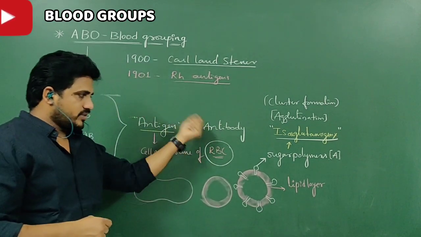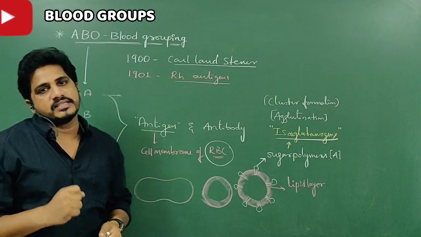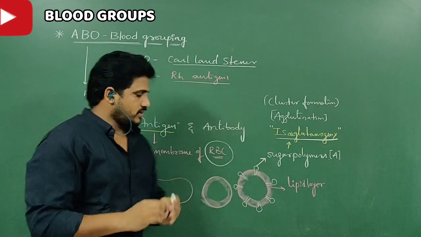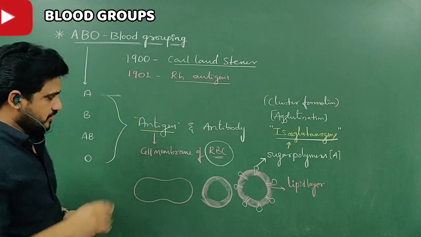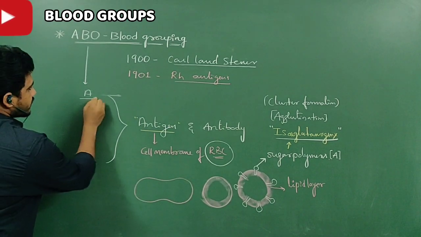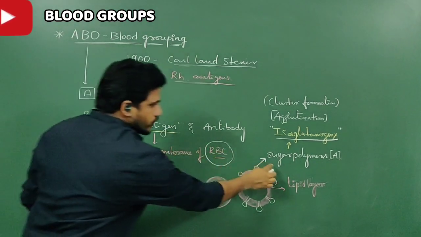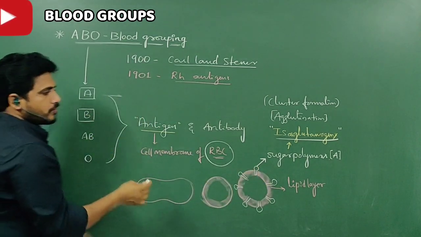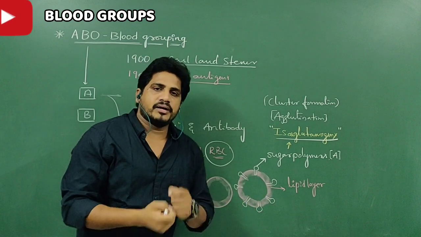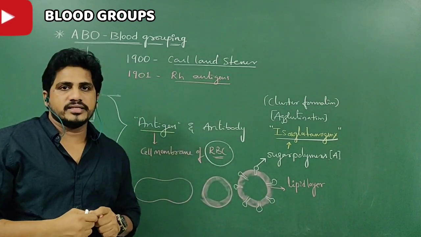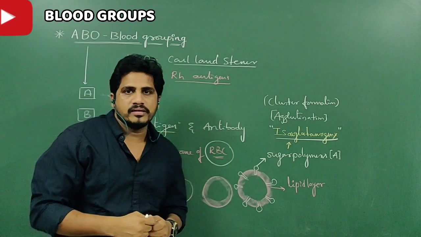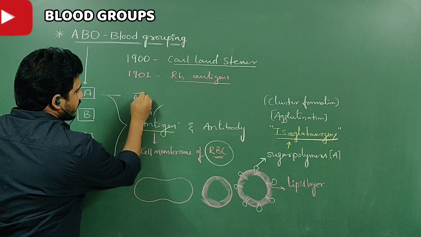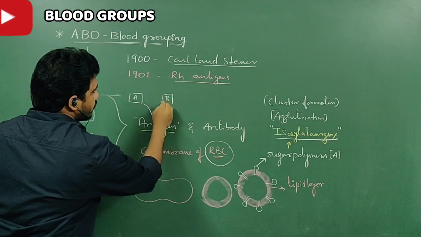Understand? In further steps, for each and every blood group, we will discuss. That time, just consider that the sugar polymers are also called isoagglutinogens. Clear? They participate in the blood cluster. Now, in case of an A blood group person, sugar polymers are present. They act as antigens. In case of a B blood group person also, sugar polymers are antigens. But how is antigen A differentiating from antigen B? Let us see. Antigens are only two types, A type and B type only.